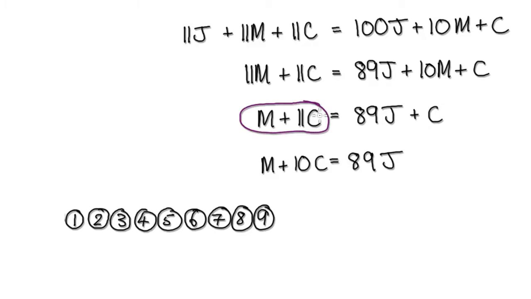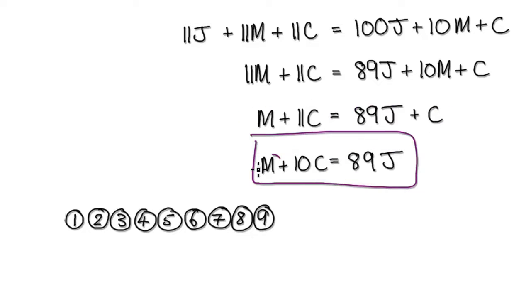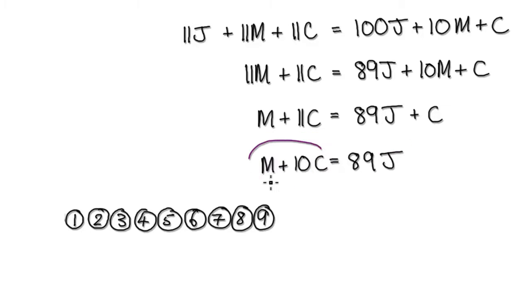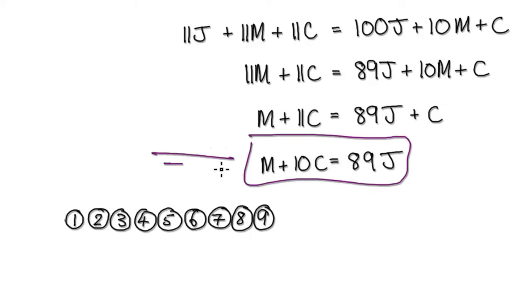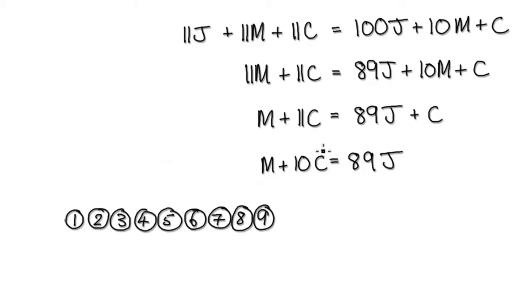So this side, taking away 1C will then give you 10C. And then on this side, if you take away C, that will then give you this. So now it's just a matter of us trying to find M, C, and J in such a way that the left-hand side equals the right-hand side. When you get to this stage here, you're supposed to stare at this for a long time, and then hopefully you can figure out J, M, and C in such a way that this side